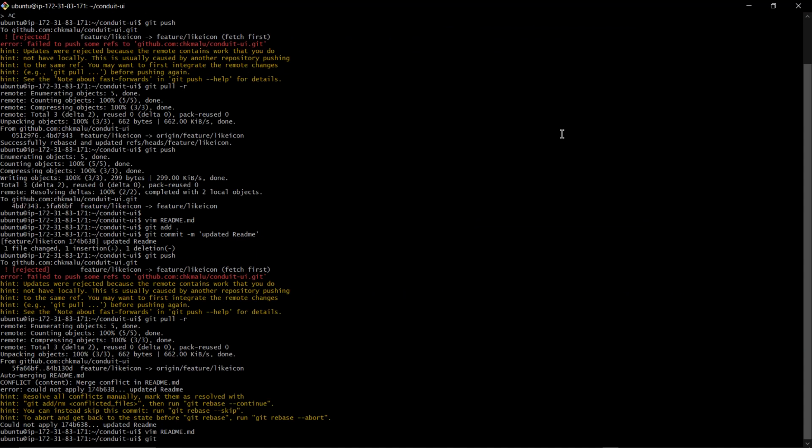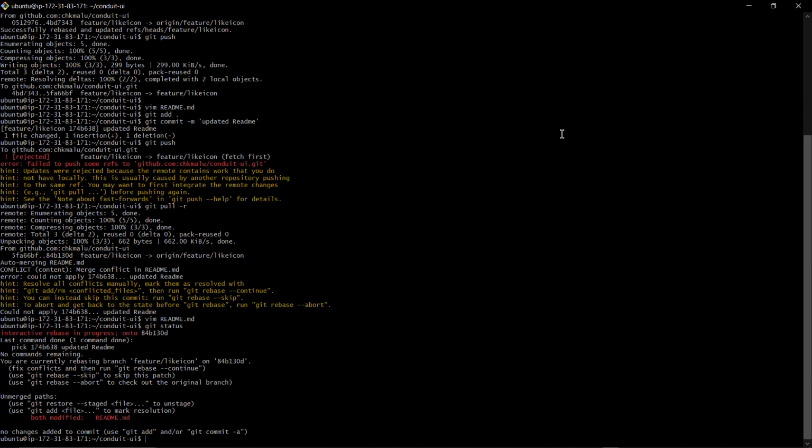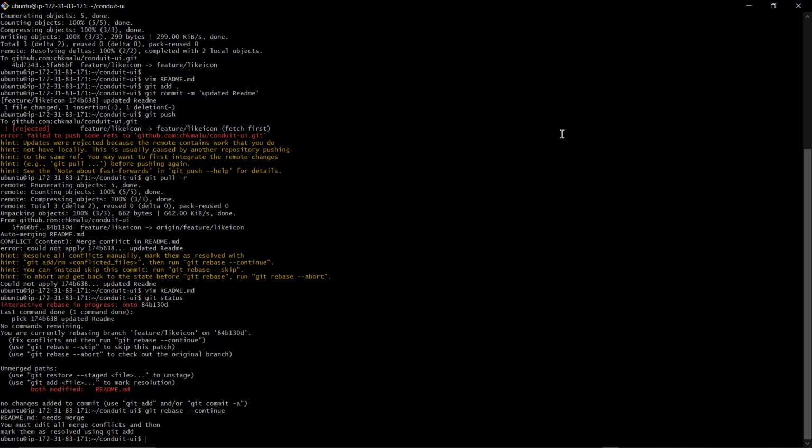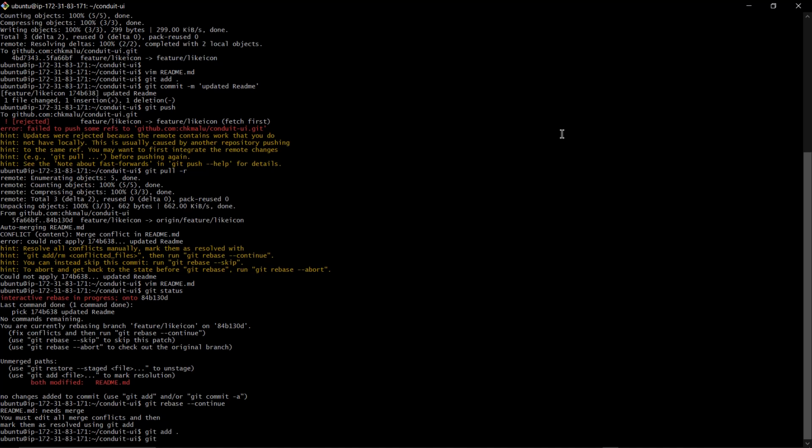If I do git status, I can see everything is fine now. What I can do now is git rebase --continue. Okay, oh, I need to add it first. So I'm going to add my change. Git add, I forgot to add it. Then git commit -m